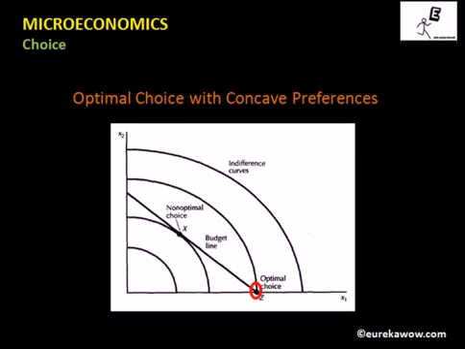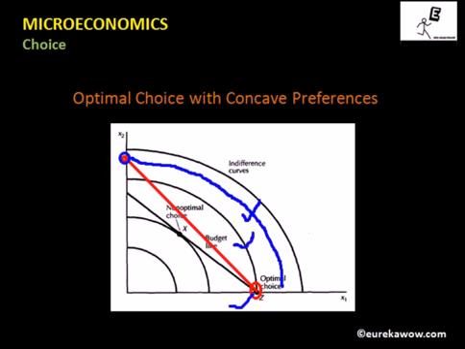However, if we had a budget line like this, then point Z will not be the point of optimality, because clearly we have this point which is affordable and which lies on a higher indifference curve as compared to the indifference curve on which point Z lies. So this is a higher indifference curve compared to this indifference curve, and therefore we say that the point of optimality is this point where the consumer is consuming 0 units of good one and is spending the entire income